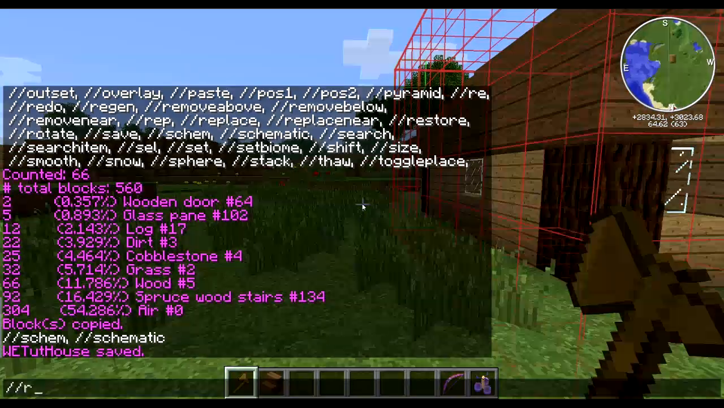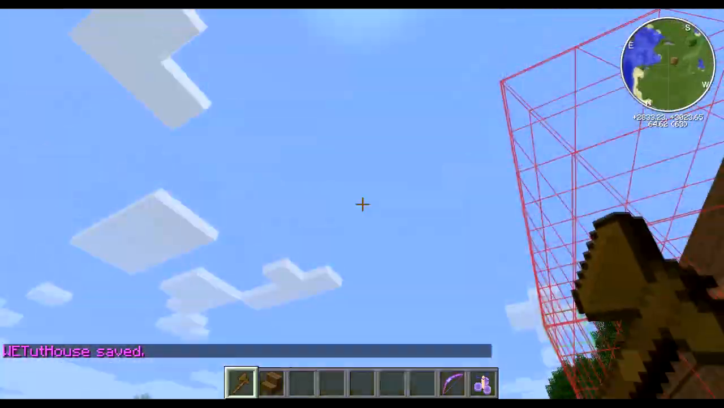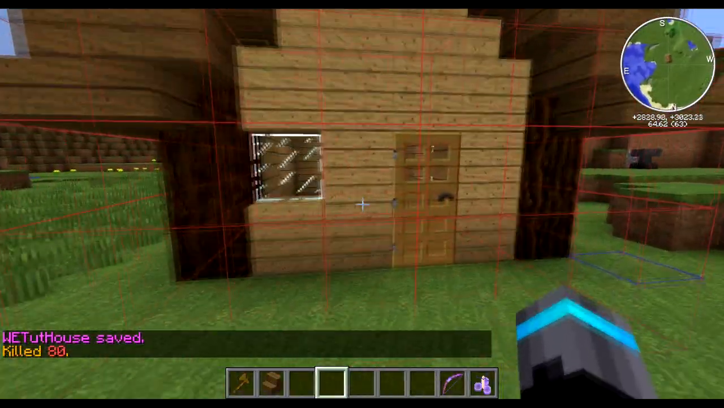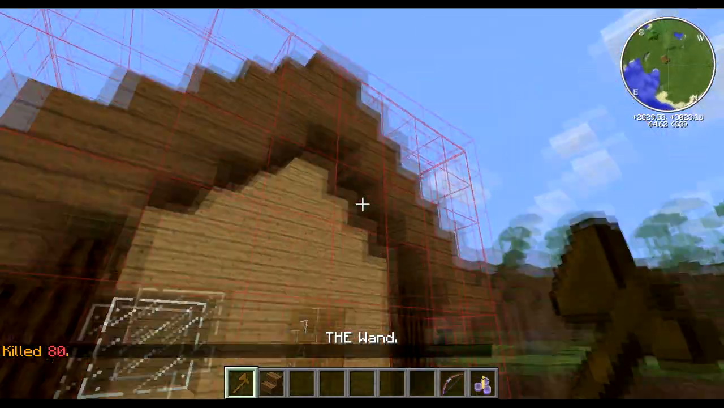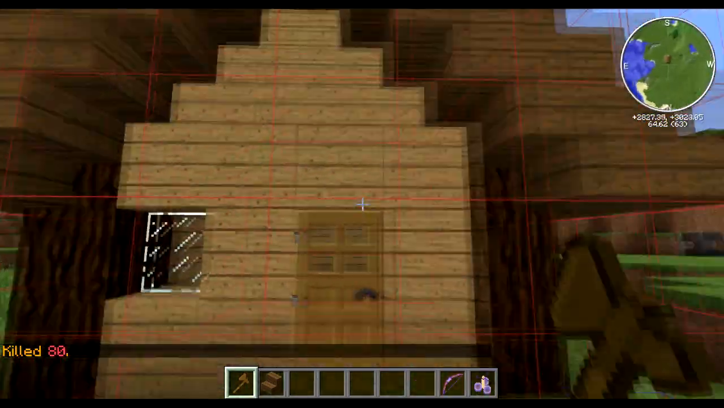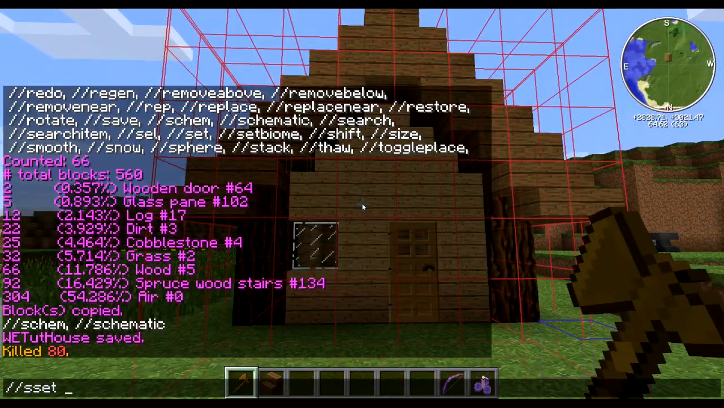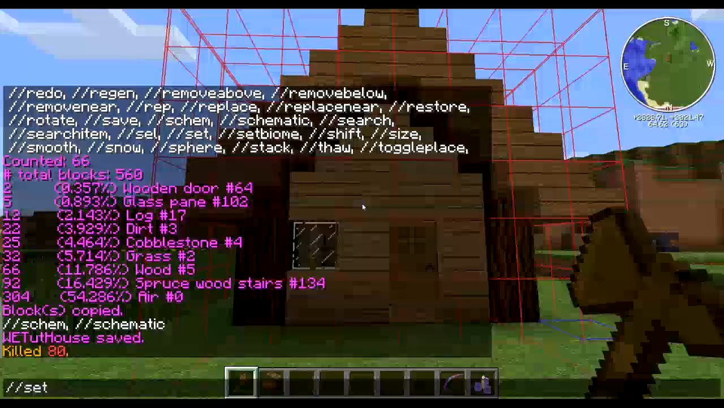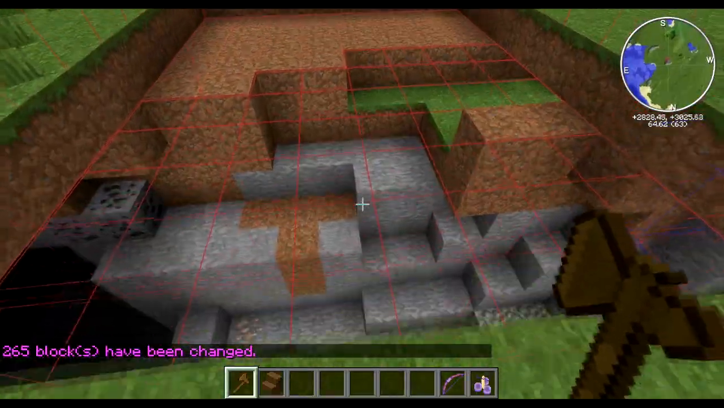Okay, now, let me swing this. There we go. Now, we're done with this house. We want to get rid of it. So we could do set 0. But that leaves a gaping hole that we'd have to